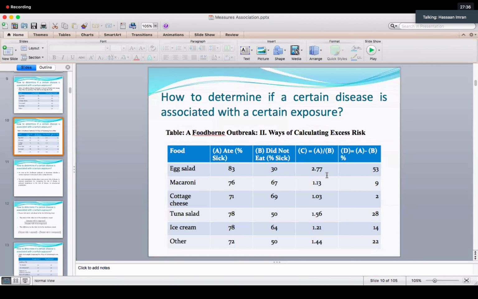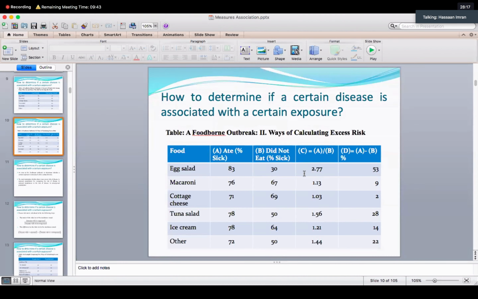So for the plot we have been creating since the last lecture, measures of association can be seen in two ways: ratio measures and difference measures. This should be written on your heart: we take measures of association either through ratios or through differences. Now this is clear. So how did they get that 2.77? They divided 83 by 30.